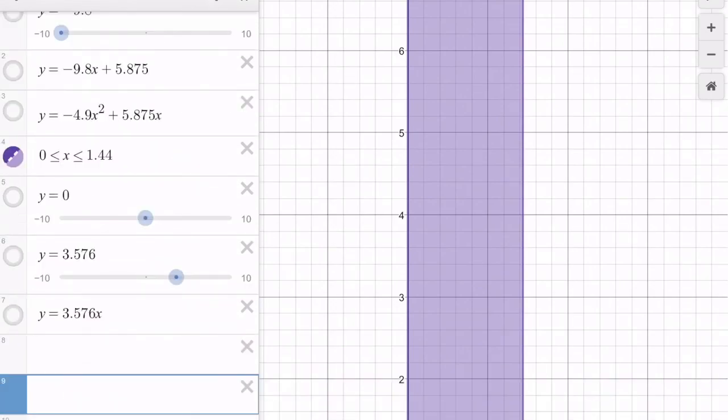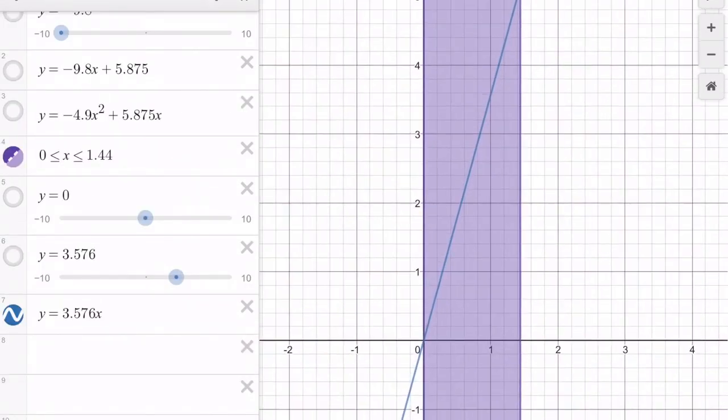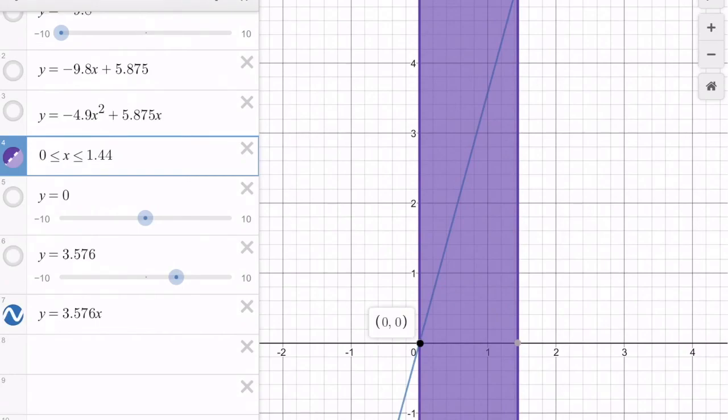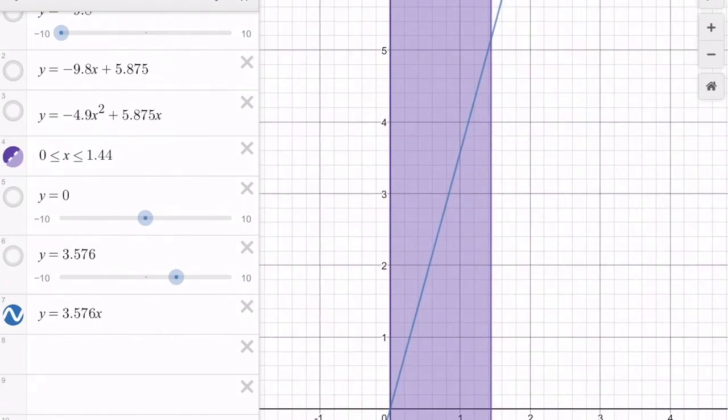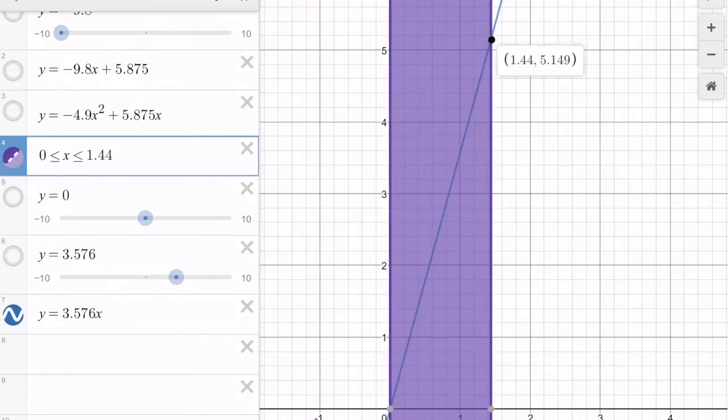On the other hand, if we look at the displacement in the horizontal direction, it actually increases proportionally to the velocity in the horizontal direction as well. So at t equals 1.44, the horizontal displacement is found to be 5.149,